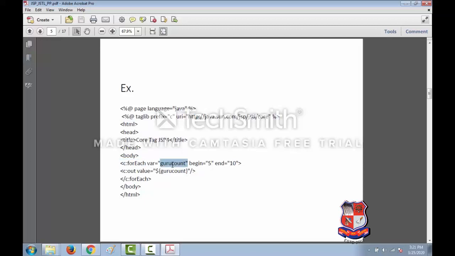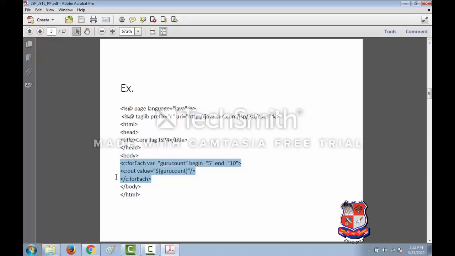We begin from 5 and end at 10. So if we want to print values from 5 to 10, we use this variable in c:out, with value equal to, using expression language, dollar, and in brackets provide the variable name. So it will print from 5 to 10, and then the forEach loop completes.